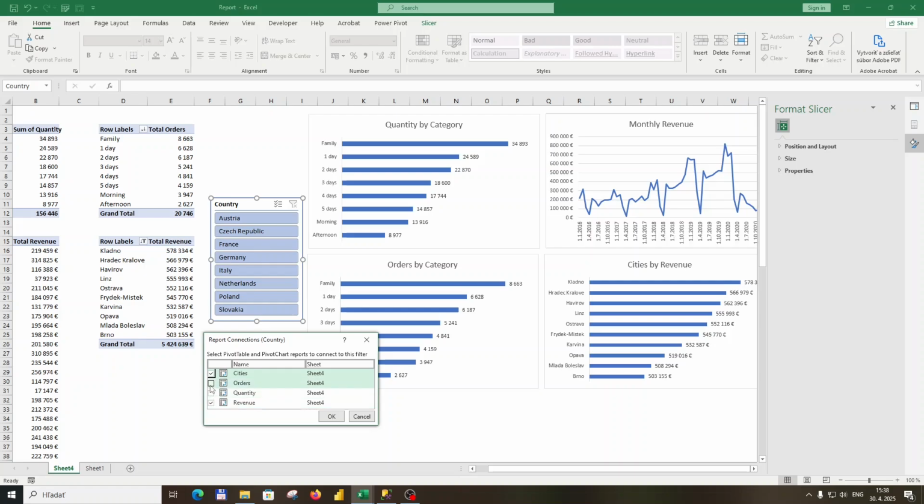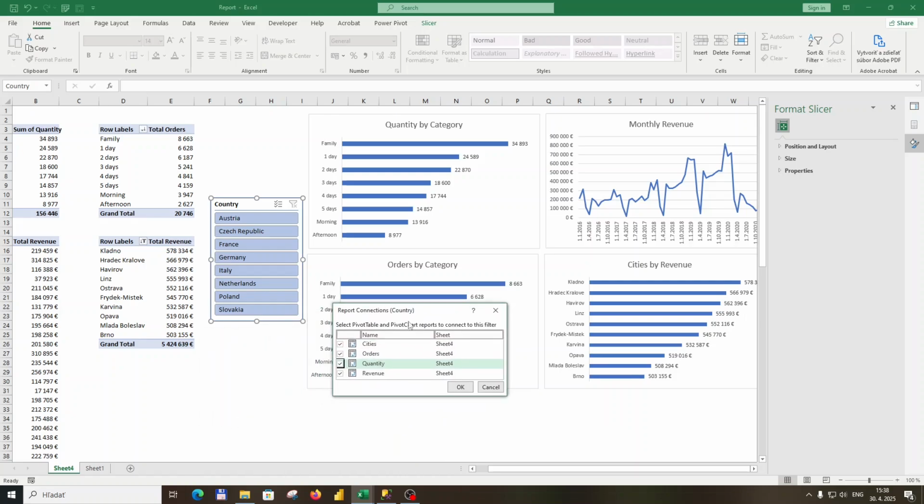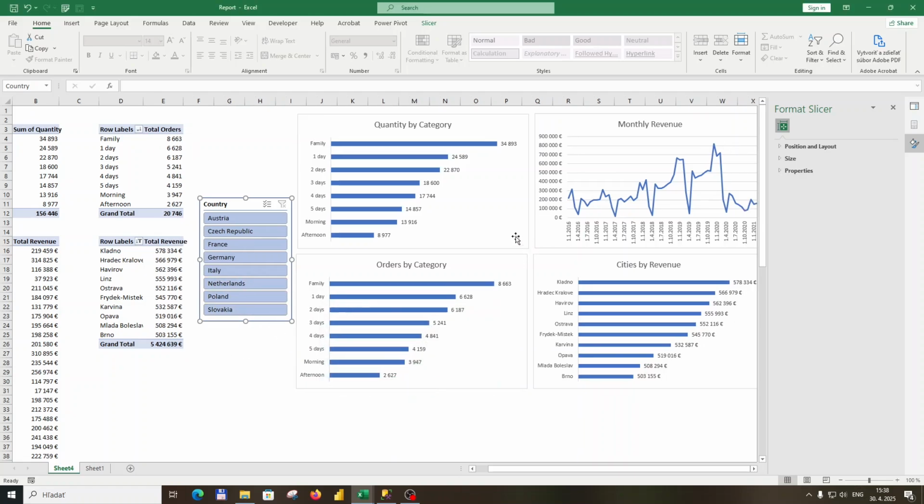Now we are connecting all four, but in case you would like to connect only two of them or one of them, it's very handy to have the tables named, because otherwise you would have to go back and check which table is actually the one that you want to filter. So I'll click OK, and now the slicer is connected,